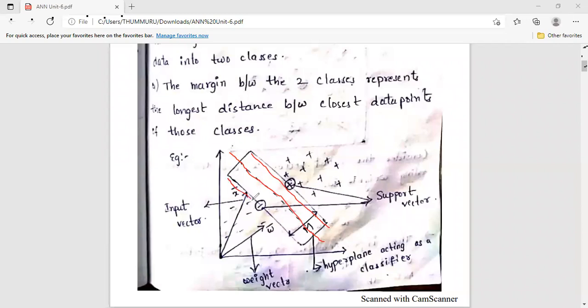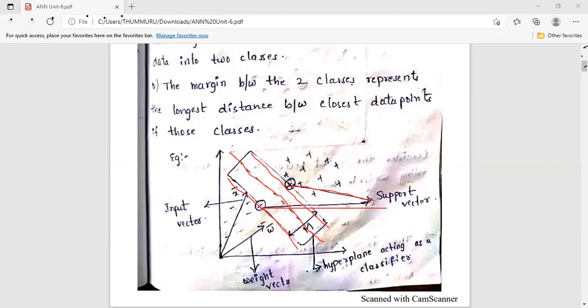Okay, that is one and this is one. Okay, so which points are within the border lines? Those points are called the support vectors. Here this is the plus and here this is the minus. From class 1, this point is a support vector. From class 2, this point is a support vector.